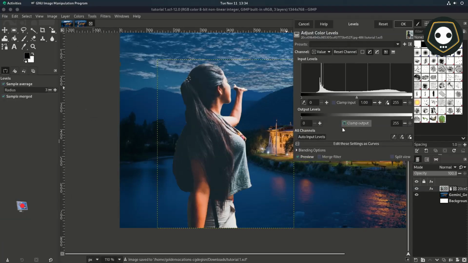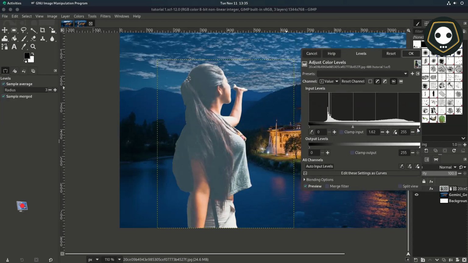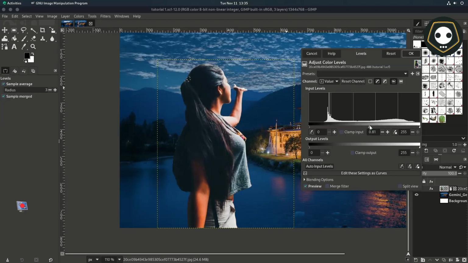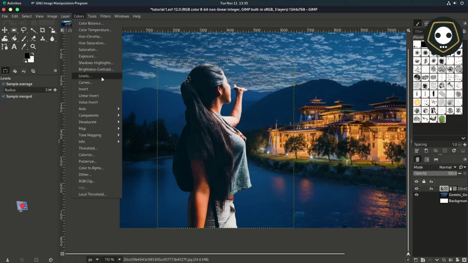So now I want to set this image, just color grade, not actually color grade. I want to set this image to look like a real image in a night scene, because this image was taken in daylight, but I want to turn this image so it looks like it was taken in a night scene. So to do this,